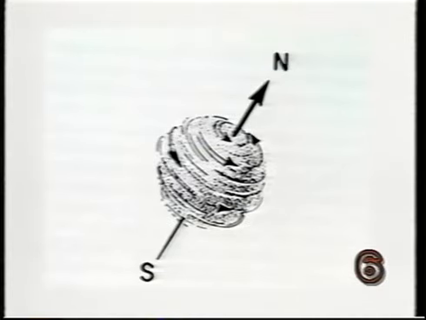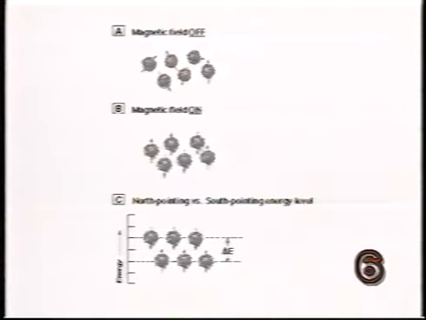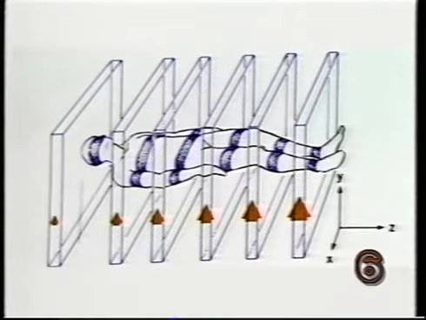Hydrogen nuclei, abundant in live tissue, behave like small, randomly oriented bar magnets. When tissue is exposed to a strong magnetic field from an external magnet, the nuclei are oriented within the field. By passing radio waves through the body, some of the protons absorb some of the energy and change direction. When the radio waves are turned off, the protons return to their original orientation, releasing the absorbed energy and generating a signal that can be picked up by an antenna or a specific body coil and processed by a computer